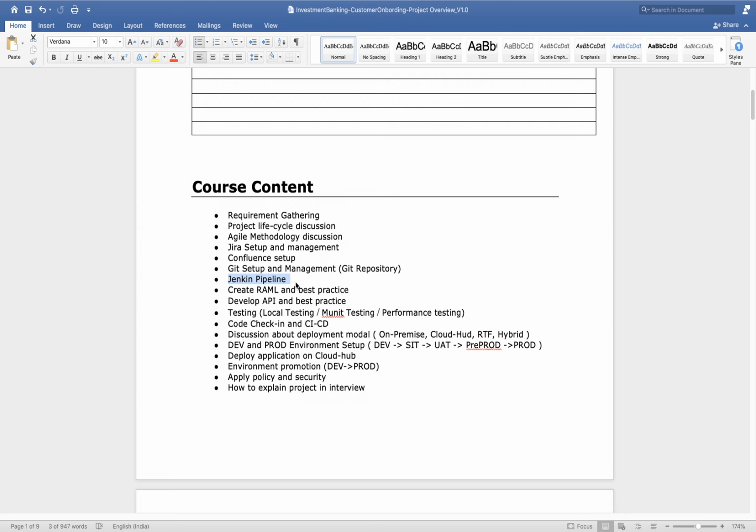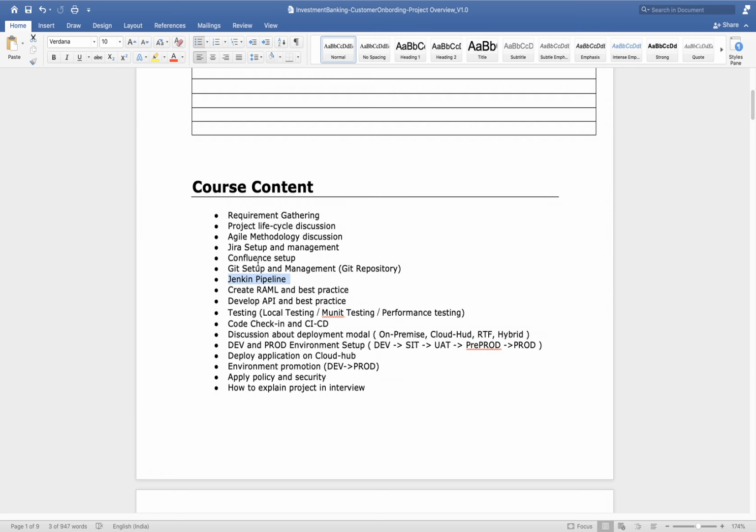In the market, MuleSoft provides four kinds of deployment models. One is CloudHub, another one is on-premise, another one is RTF, and then we have hybrid. All this deployment model discussion we will do in detail later on. Here I am just giving the basics of everything, and then we will take one component and do a detailed discussion. As I mentioned, we will use the Jenkins pipeline for CI/CD purposes, for continuous integration and continuous deployment, and it will take code from the repository and deploy it on the server.